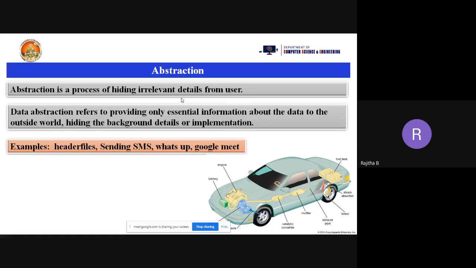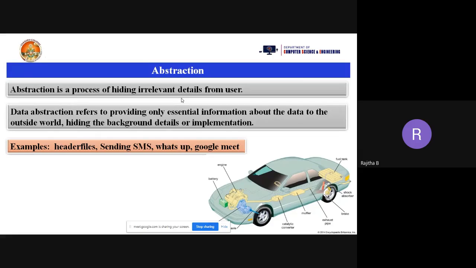Suppose you want to send a message from one mobile to another mobile. Simply you type the text and send it by pressing the send key. It goes to the other mobile. We don't know the internal procedure of sending the message from one mobile to another here. Just we type the message and click the send button, and it goes to the other mobile.